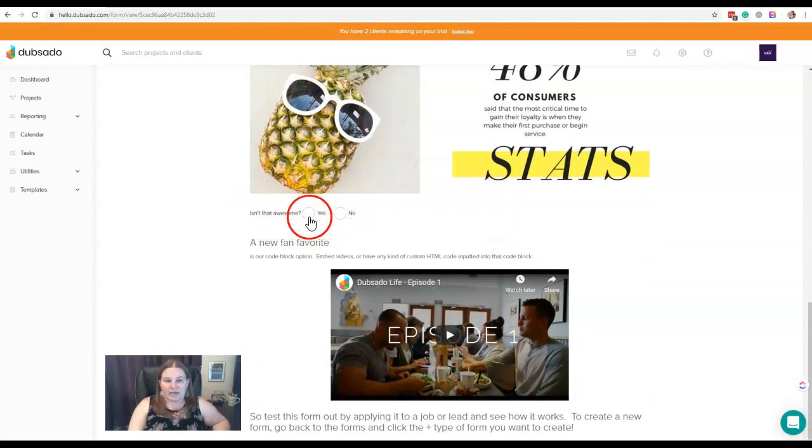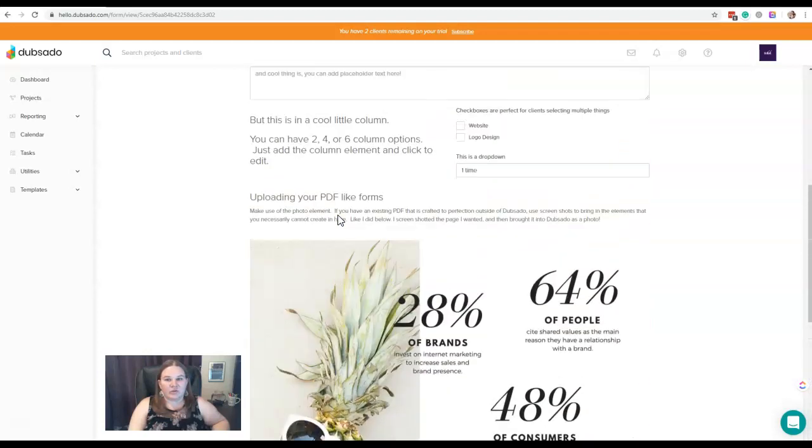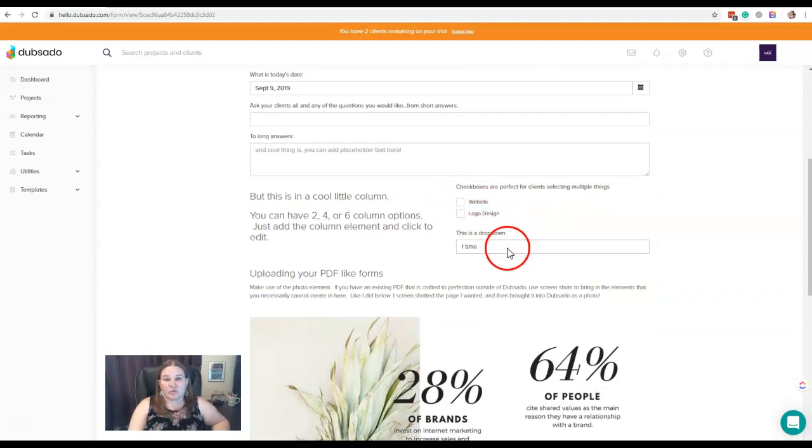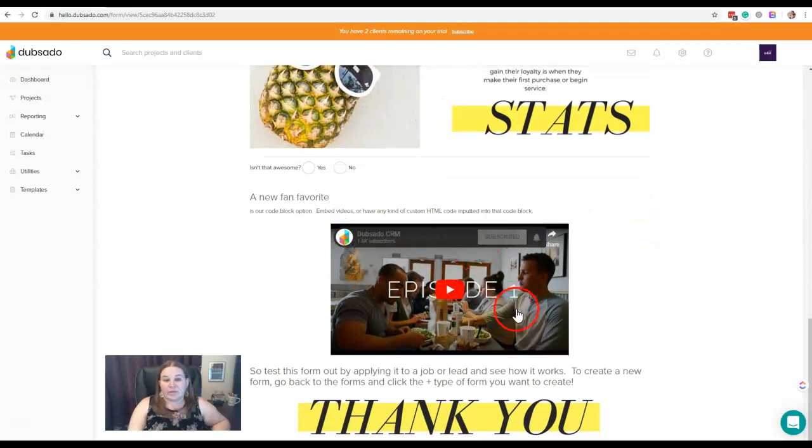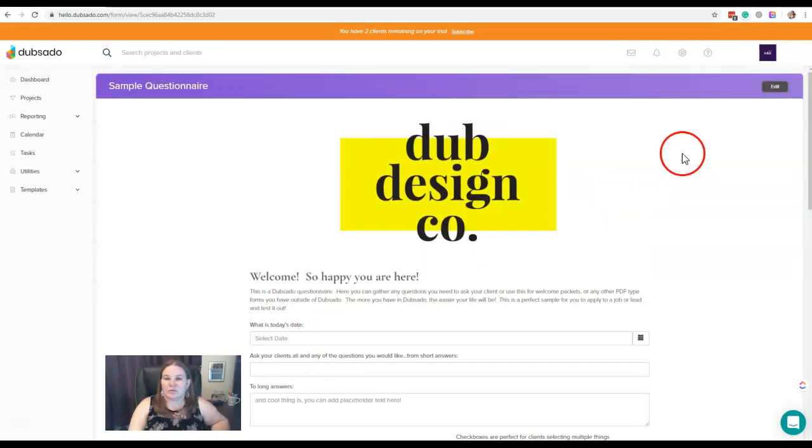Down here we have a yes or no question, so they can select one or the other. It doesn't have to actually be a yes or no question though. This could be a one or the other option. As long as there are only 2 options and you only want them to be able to select one, you can use this question type to get this radio button. Otherwise, you'll have to use either the checkboxes or the drop down for a selection. Now this down here is part of a code block, and that is one of those special elements that we're going to talk about in a future episode. So I'm not going to go into it here, but just know that that is available.